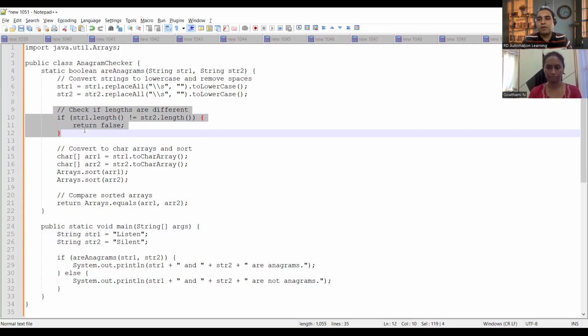Once the lengths are the same, then what we will do is convert them to character arrays and then sort them. Whenever you have to play with the characters in the string,